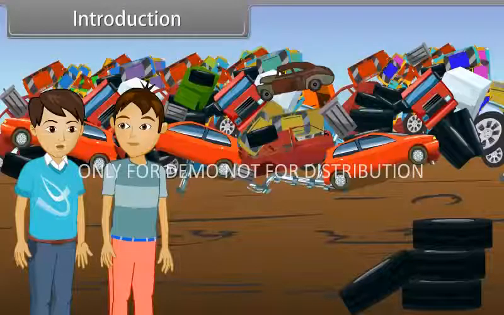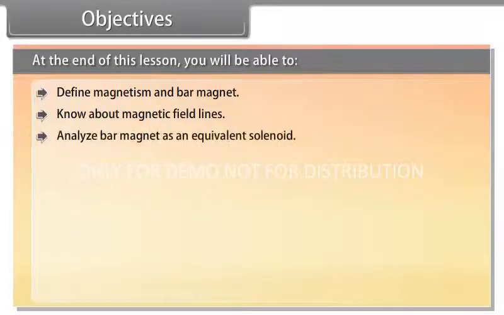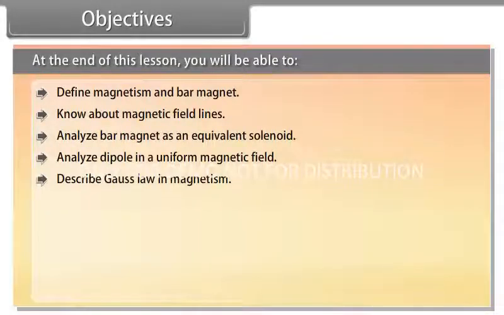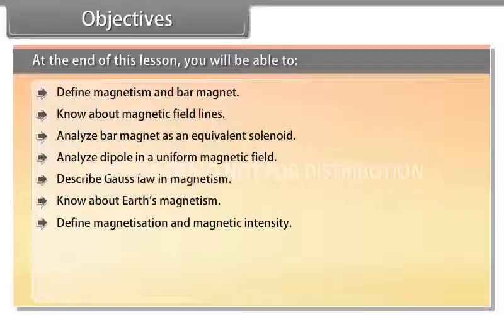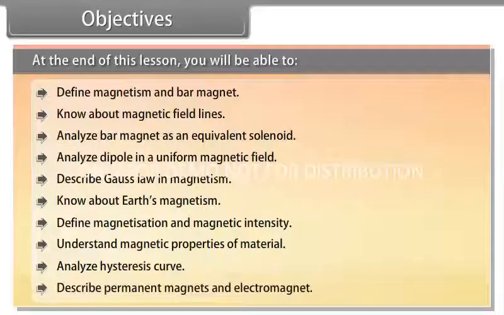Sure. Today we will study about magnetism and matter. Objectives. At the end of this lesson, you'll be able to define magnetism and bar magnet, know about magnetic field lines, analyze bar magnet as an equivalent solenoid, analyze dipole in a uniform magnetic field, describe Gauss's law in magnetism, know about Earth's magnetism, define magnetization and magnetic intensity, understand magnetic properties of material, analyze hysteresis curve, describe permanent magnets